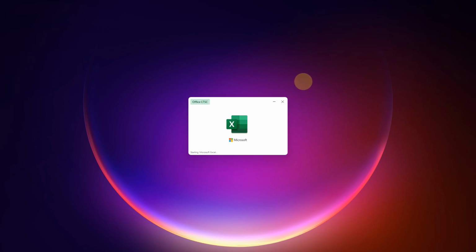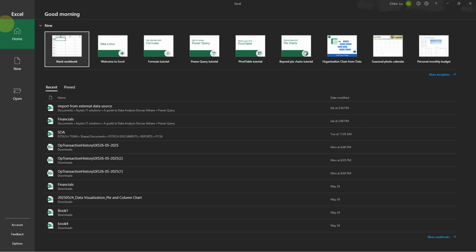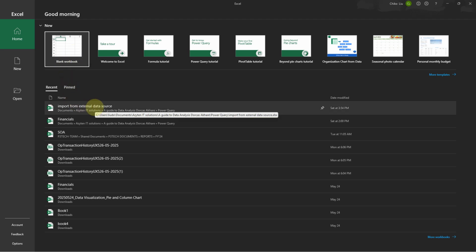Good day. So we are going to continue from where we stopped, which is the use of Power Query. So in the first introduction to Power Query, we